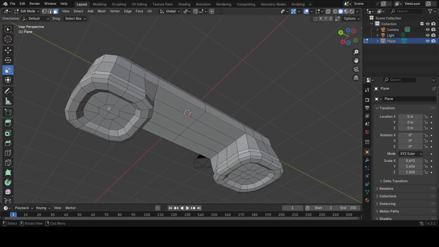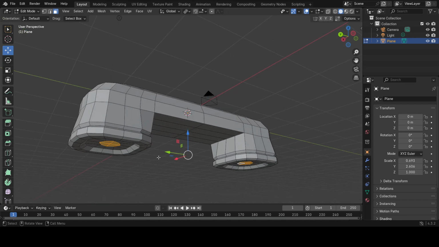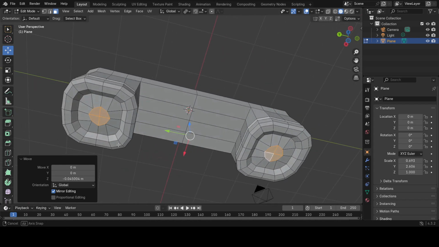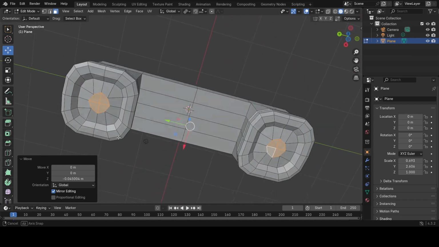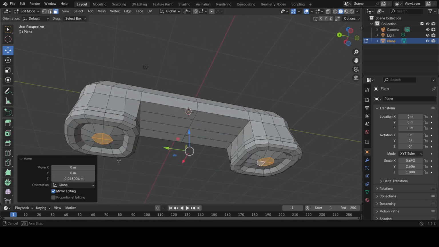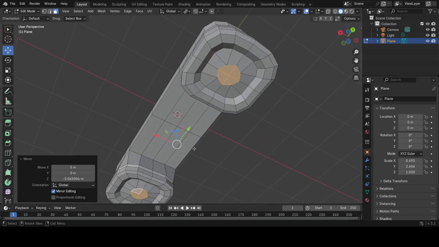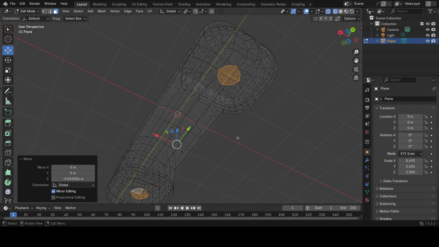I can now take these guys, shift, this one too, and then move it down slightly like that. And I think that looks pretty good. Now you can see that these guys here are kind of square, right? So what we're going to do is we're going to take Z key, wireframe, and we're going to go to,